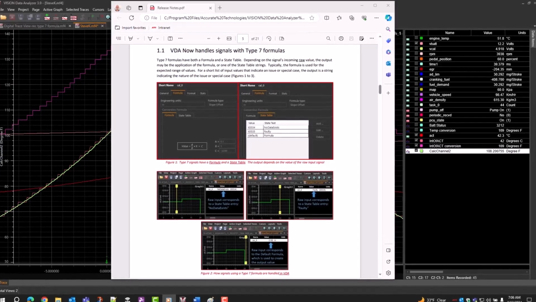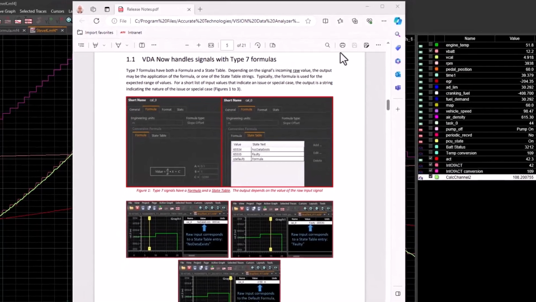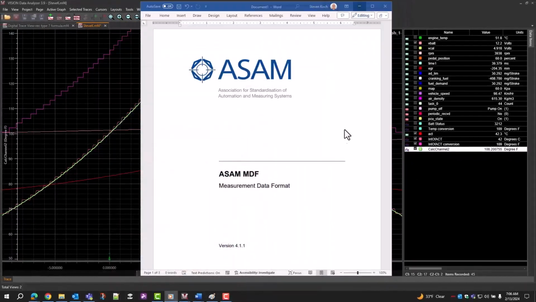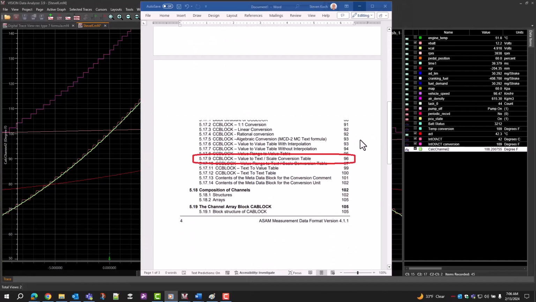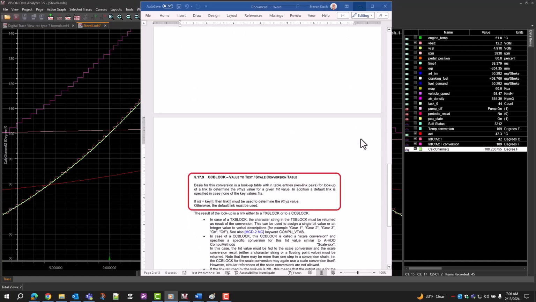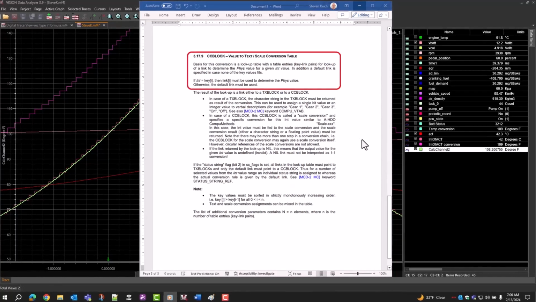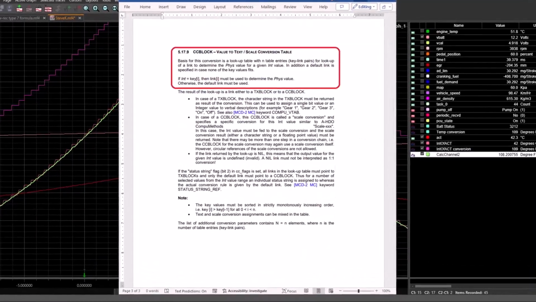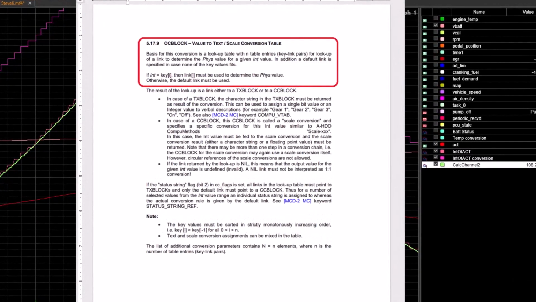This tech tip will cover how VDA 3.9 handles signals with Type 7 formulas. In the ASAM MDF 4.2 standard, the conversion type, also known as formula identifier, defines how raw data is transformed or converted into meaningful output values. Specifically, for Type 7 formula, which is the conversion of raw input value to either a scaled value or string